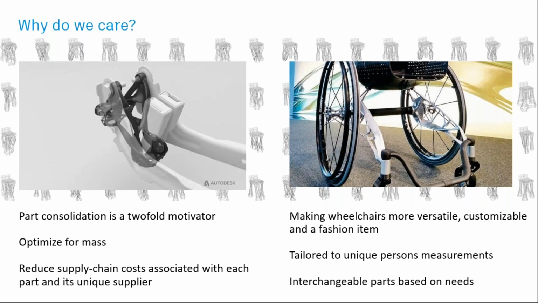At the same time, that allows them to optimize the assembly for mass once we now have a single component. And then, of course, you can reduce the supply chain costs because we're taking multiple parts and reducing them down to a single part. So, potential reduction in the number of suppliers, certainly a reduction in the number of parts that need to be